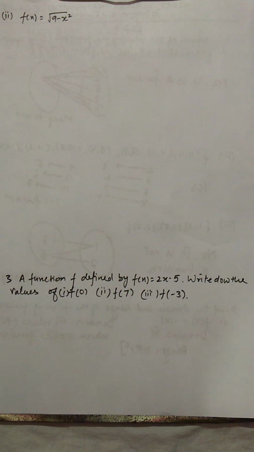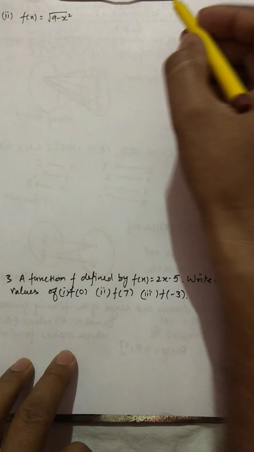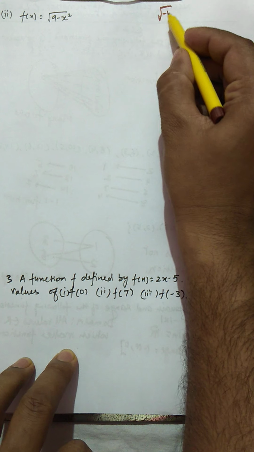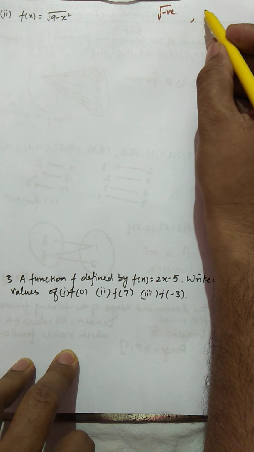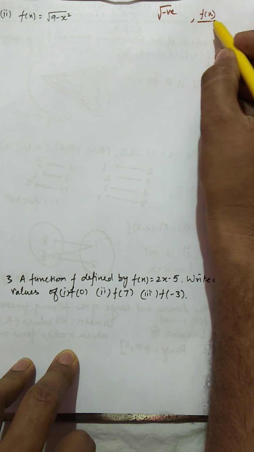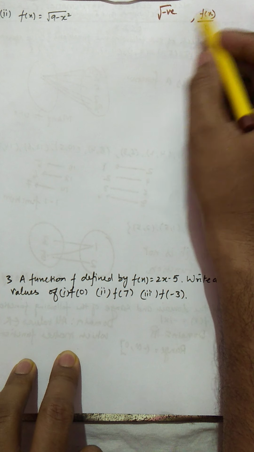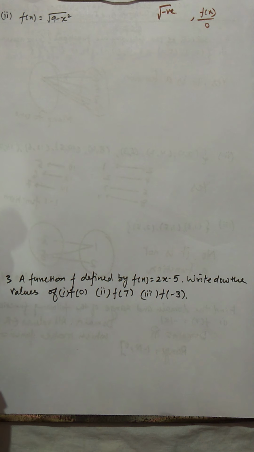This f(x) is 9 minus x square. We have to find the domain and range of this function. See, I'm just again mentioning what domain is. Domain means all values of x which make the function defined. So there should be no value of x which can make the function not defined. Now, not defined you can understand in two ways. First, in the square root there should be no negative number, and second, if any function is divided by 0, then in these two conditions you will get the function as not defined.